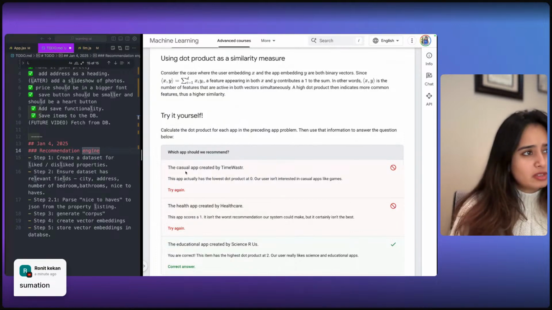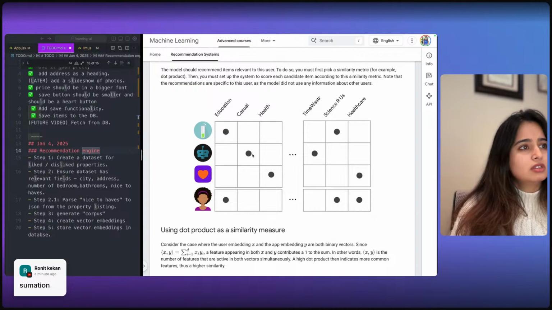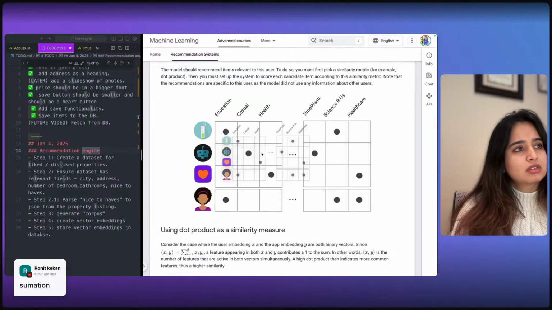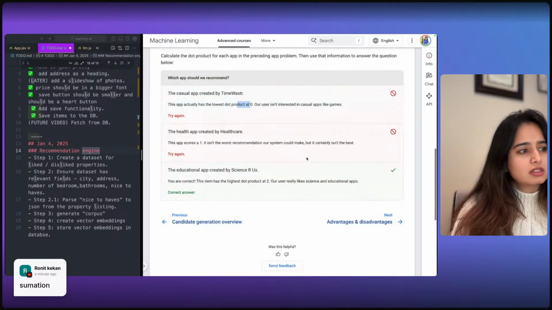Interesting. So let's find out why casual and favorite time waster is zero. Casual is here. Time waster is here. There's only one here. I don't think I understand this.